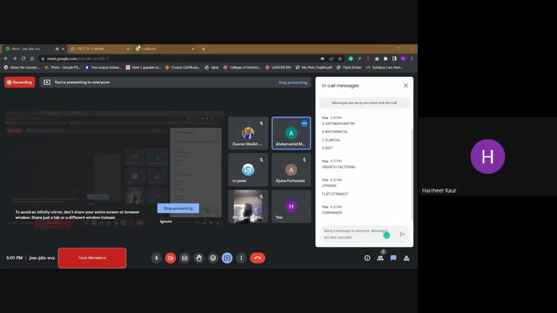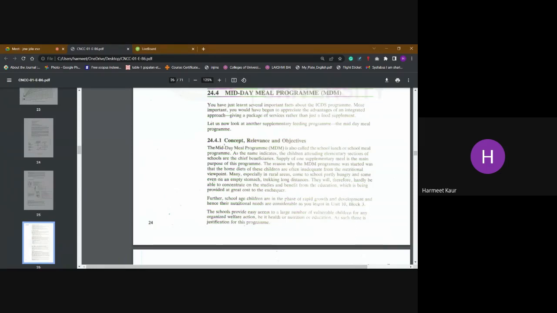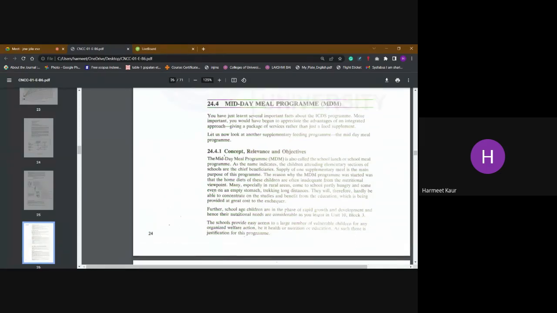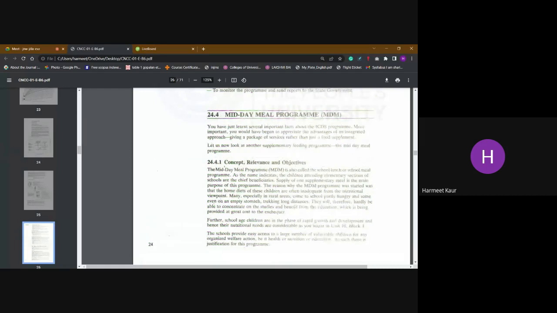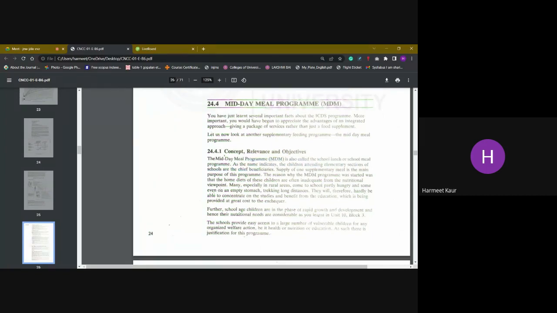One of the biggest supplementary programs which we have here in India is known by the name Midday Meal Program, commonly MDM. The midday meal program is commonly known as the school lunch program or the school meal program. Now, the basic genesis, the basic